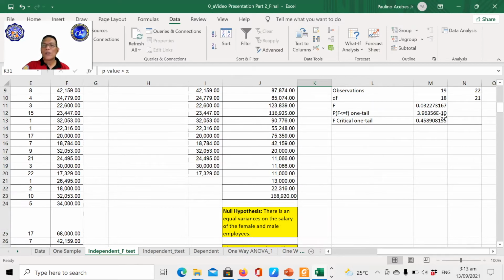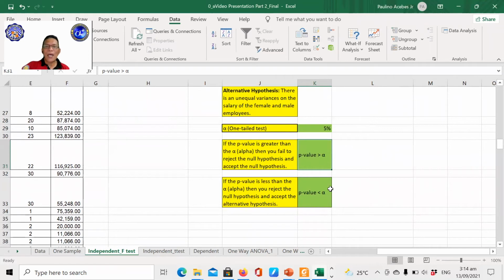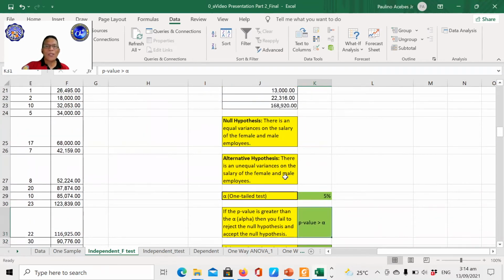-10. So you have to move the decimal places from left to right to reach the -10, no? Scientific notation. And that is almost zero. So therefore, 5% is greater than the p-value for the one-tailed test. So what do you mean by this? Since the p-value is less than alpha, therefore, we reject the null hypothesis and accept the alternative